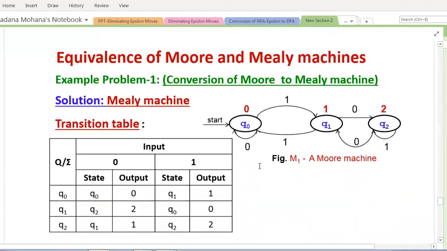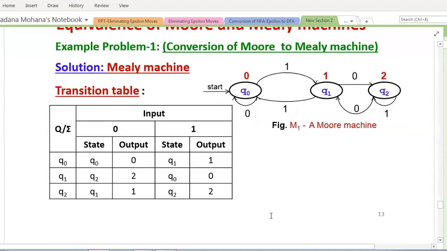Now similarly, its transition table. See, observe the transition table here. For every next state, you can write the associated output there itself. But whereas in the Moore machine transition table, we have one separate column stating the output for the current state. In row headings, whatever the states, for those states, a common output. But whereas in the Mealy machine, here you can see, for every state on every input, it has an associated output.